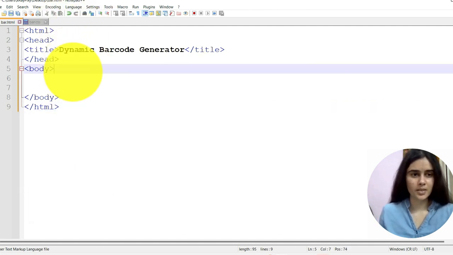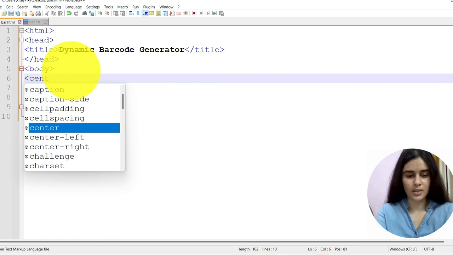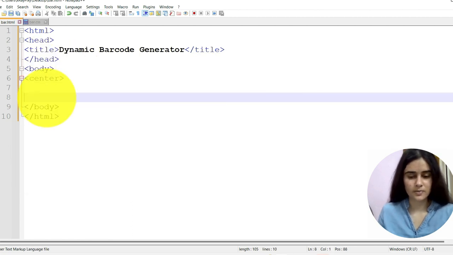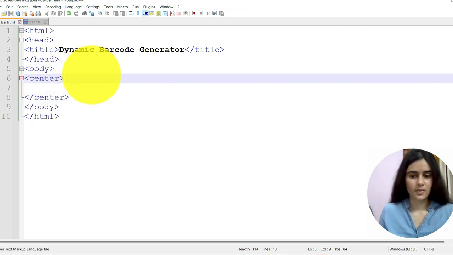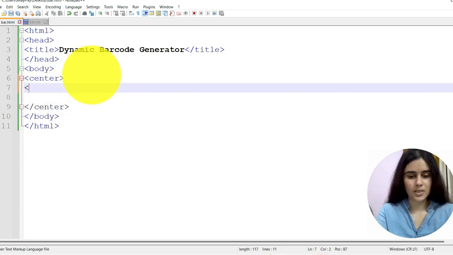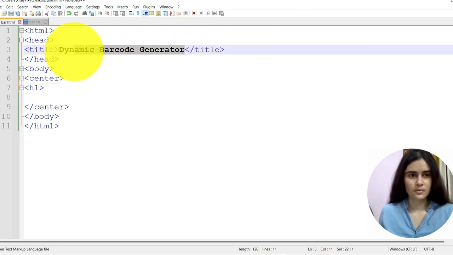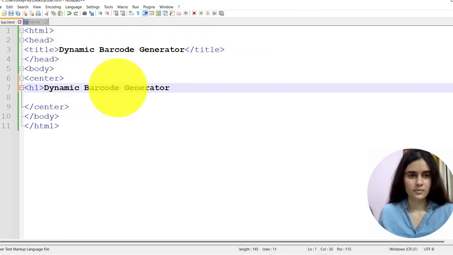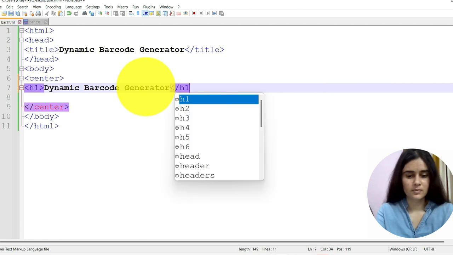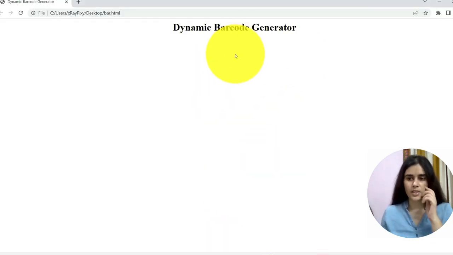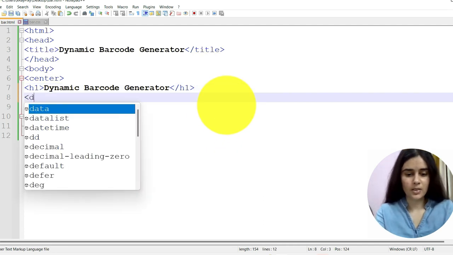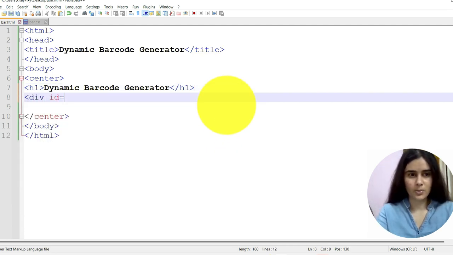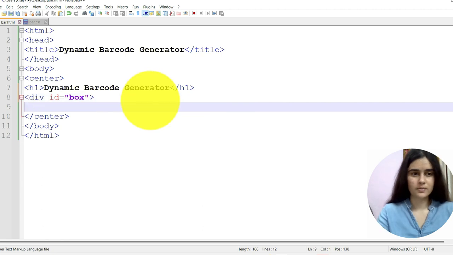We will keep the content center, so I'm using here center tag. Inside center tag, we have the first heading. So you can see here we have the first heading here. Now we will use div, id is box, to display the barcode.